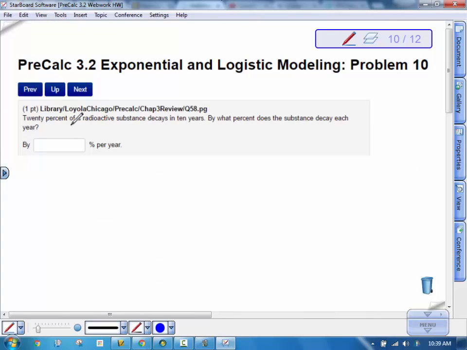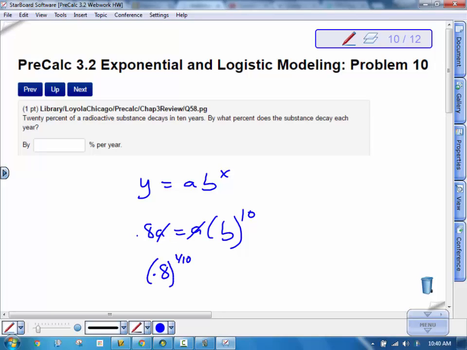Alright, the next problem says 20% of a reactive substance decays in 10 years. So we can go ahead and fill that out in our exponential equation. Whatever amount we start with, we want 20% less than that. So if we start with A, it'd be 0.8A. So we take 1A minus 0.2A to get that. That's 20% less. We don't know what B is, but we know this happens in 10 years. So we can solve for B now. Cancel A and do 0.8 to the 1/10 power, or the 10th root. And that gives you a B of